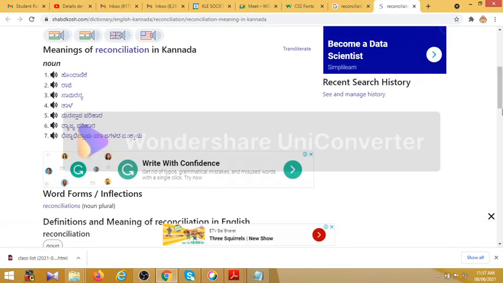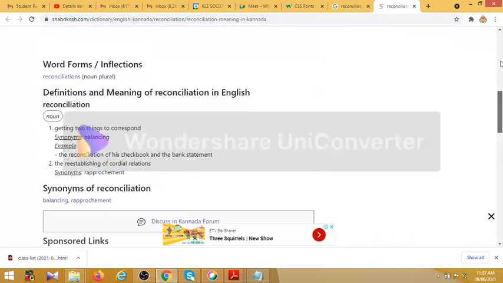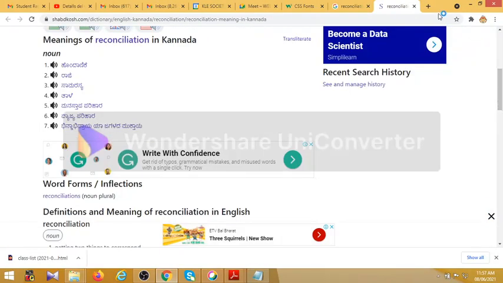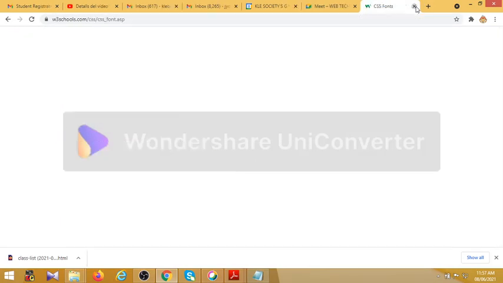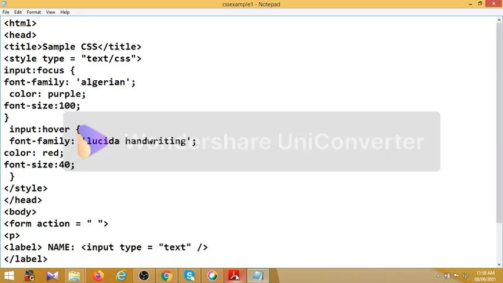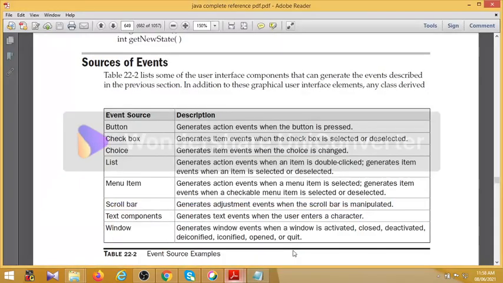This is a web page, and the scroll bar is there. When we scroll this bar, the web page will scroll, it will go up and down. At that time the adjustment event will be generated.